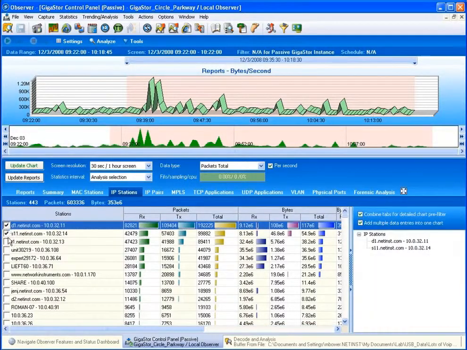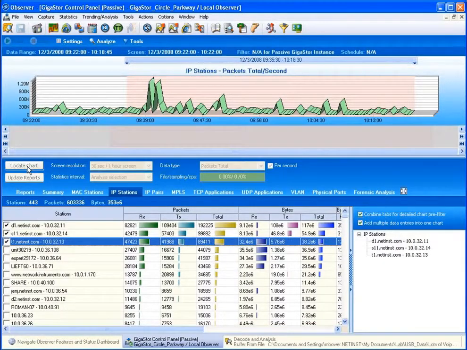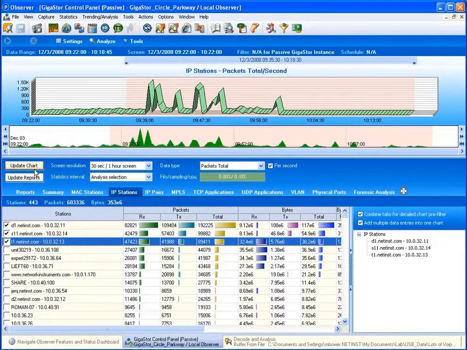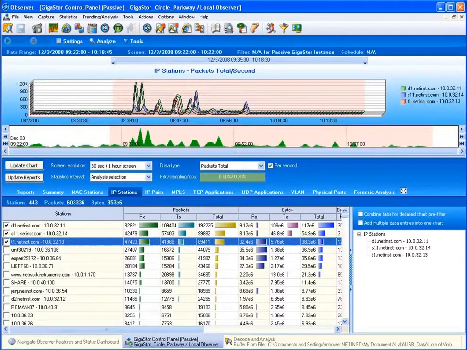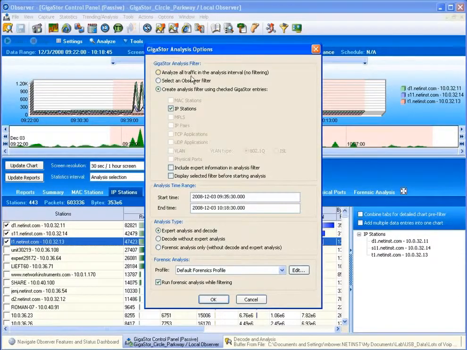You can click on the different top talkers, click Update Chart, and this will affect the chart, give you a legend based on what those users were doing. And you can look at the independent user traffic per device that you've checked. If I want to drill down into the packet inspection on these, I can come up and click on Analyze,